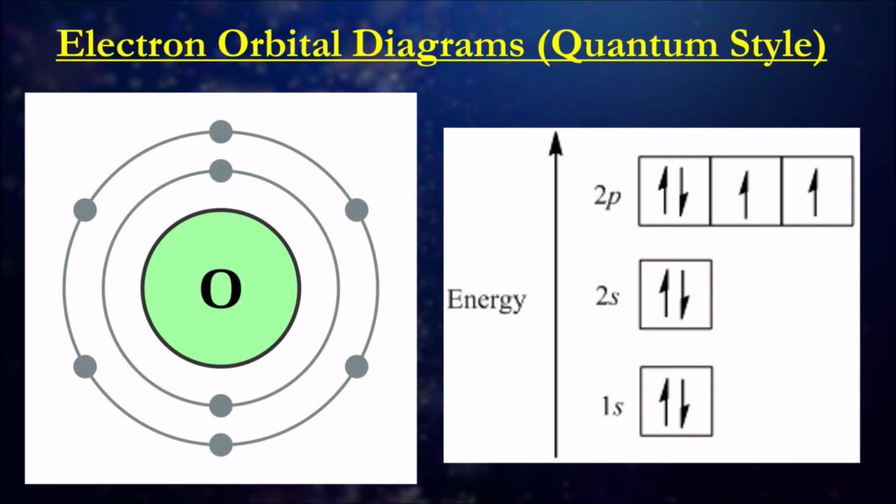So this is a little bit beyond, but you might have come across this if you do Year 11 physics: electron orbital diagrams. What we usually do in Year 10 chemistry is depict the electron configuration of oxygen this way. Now, in quantum physics and quantum chemistry, this is the actual way we represent the arrangements of the electrons. You don't need to know specifically how to draw these diagrams, because that's not assessed in this topic, but I want you to appreciate the fact that if we look at the structure of